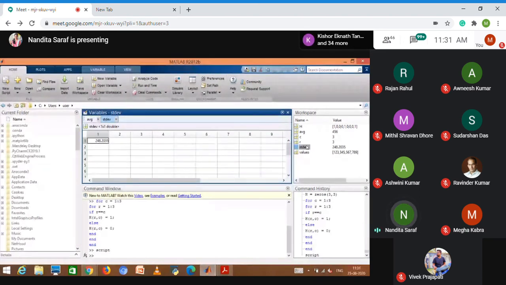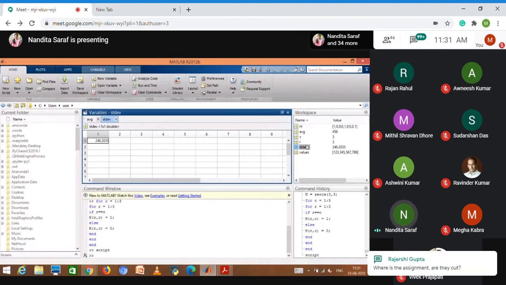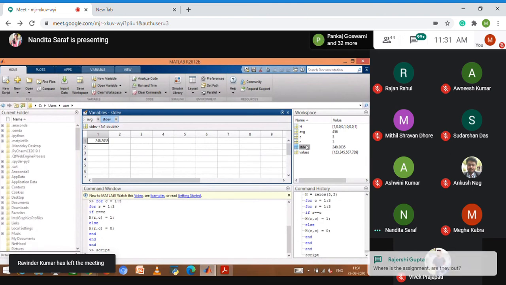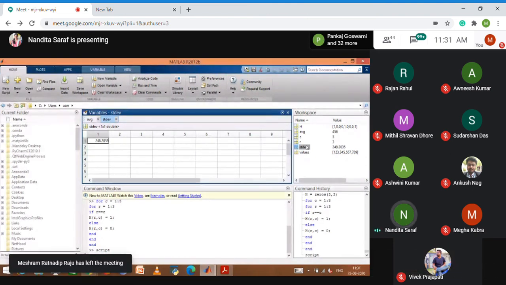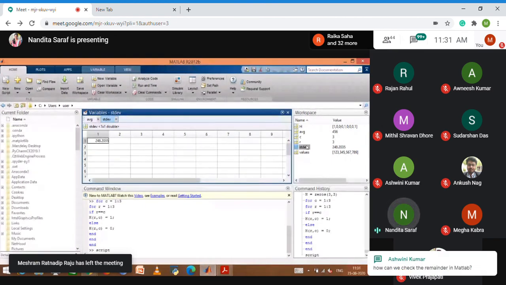Yeah, so if you want to create a random matrix of any size of integers, think about it, it would be using a random number. Yes, ma'am.